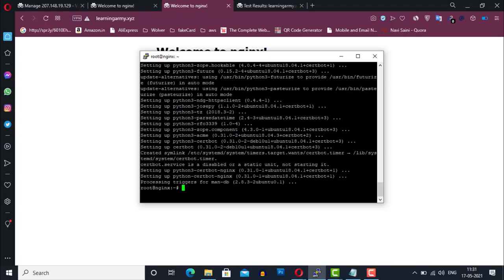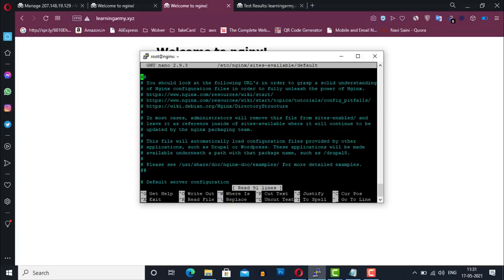But before generating the SSL certificate, you should make sure that your domain is correctly entered into your Nginx server block configuration file. Because if your domain name is missing or spelled incorrectly, then Certbot will not work properly. So if you want to be sure that everything is working correctly, then open your server block configuration file using the nano file editor that is located in the sites-available directory. Type this command and press enter.